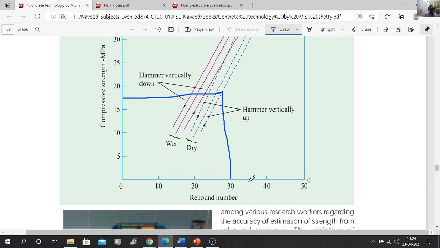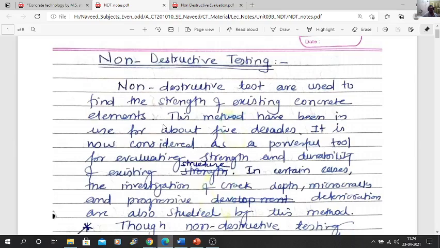So likewise, you can find out the strength of concrete by using this non-destructive test method, the NDT method, and you are able to find out the compressive strength. It will not give the exact value of the compressive strength, but you can get some idea of the concrete. If there are any defects in the concrete, then you will not get such a surface hardness value. So that is why non-destructive testing is to be done.